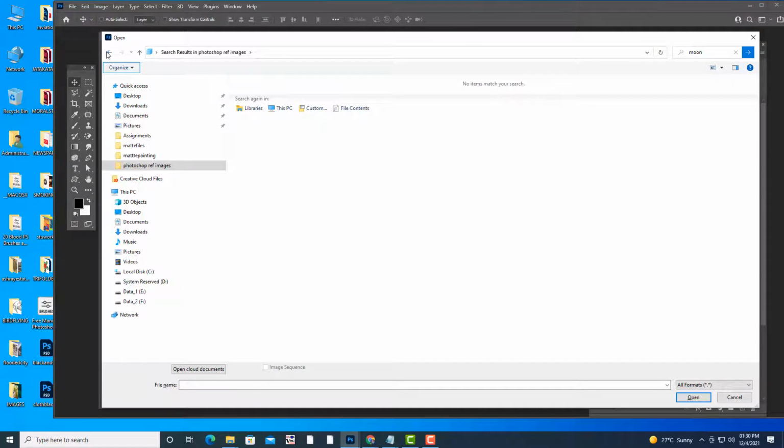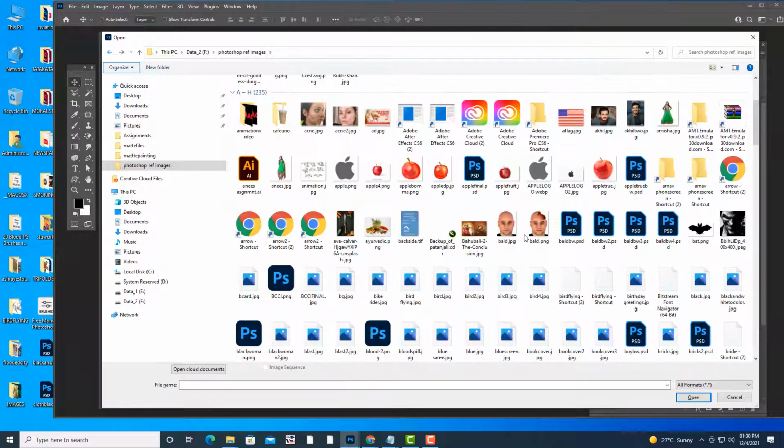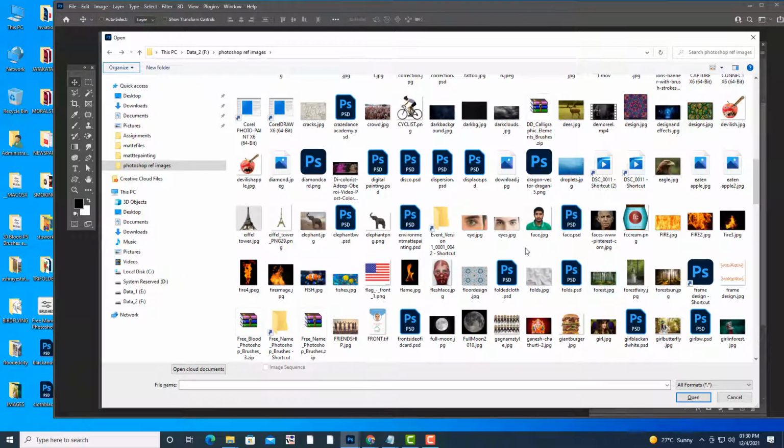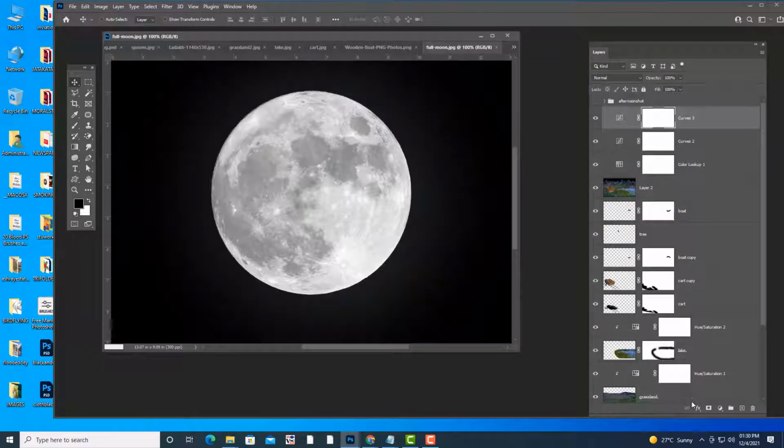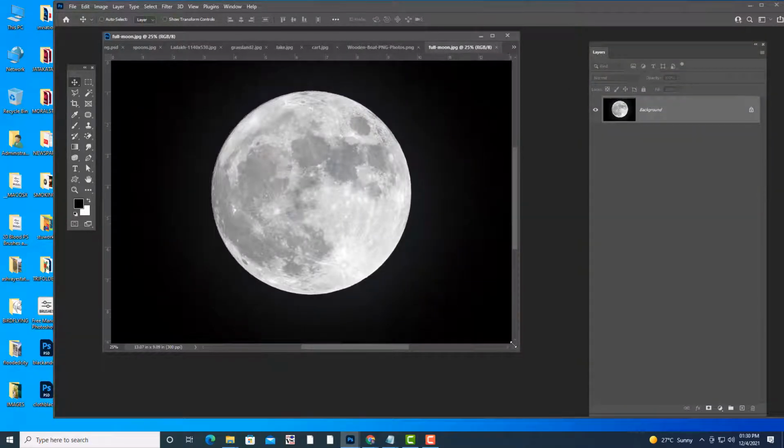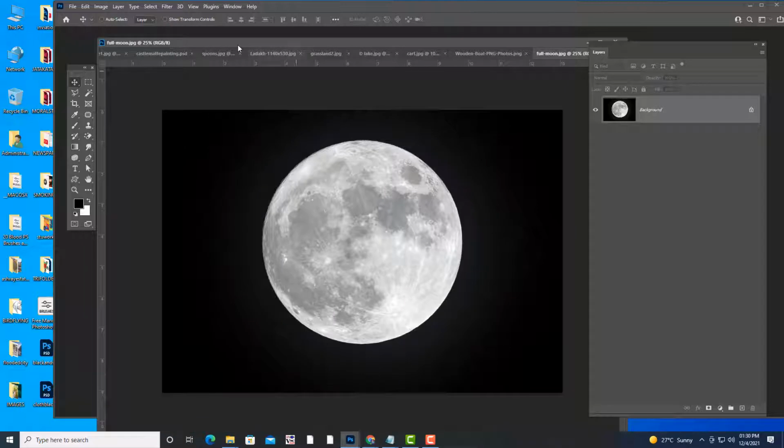Let me check. So here we have full moon actually. Then what we'll do, so we will just select the quick selection, select subject.